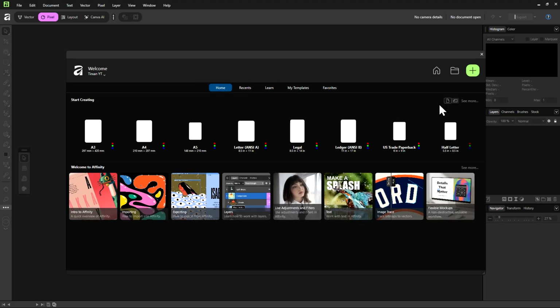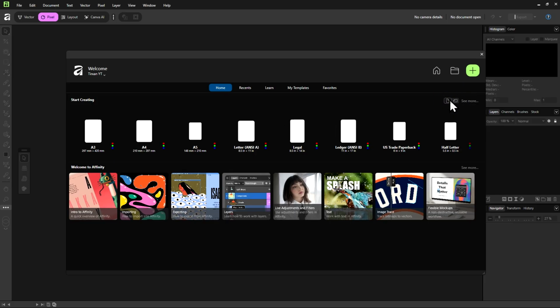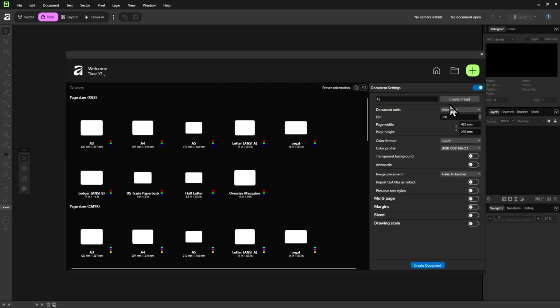Here, there is one more thing. This portrait and landscape option here for these templates. You can either choose the landscape or the portrait version of these templates, or you can click on See More. This will take you to a huge list of all these templates.